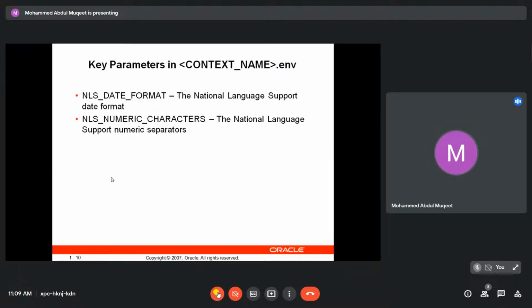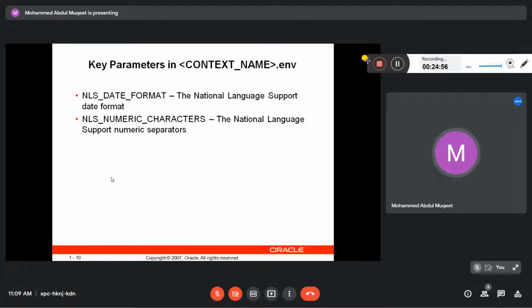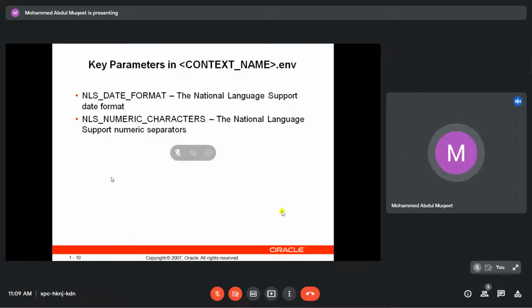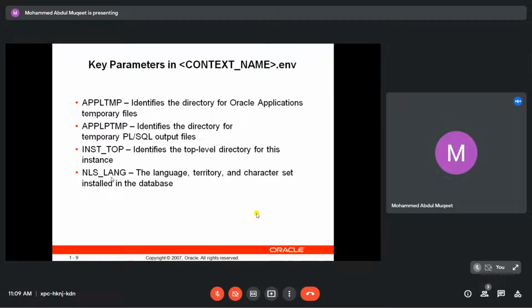Okay. Next, date format and numbers character set. National language support numeric operator. National language support date format. That is what it means. Okay. So now you know about APPL_TOP, APPL_COMMON_TOP, INST_TOP, NLS language, APPLTMP, APPLPTMP. Always remember about APPLTMP and APPLPTMP. These are the key, very important